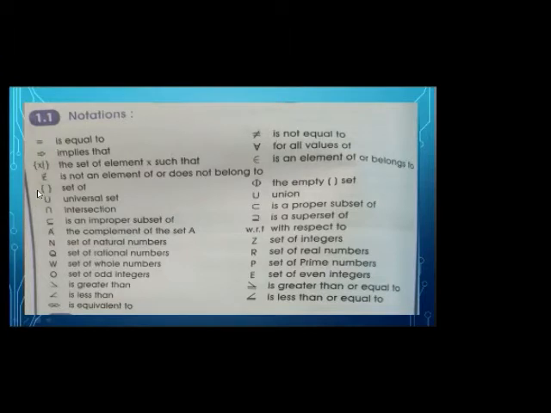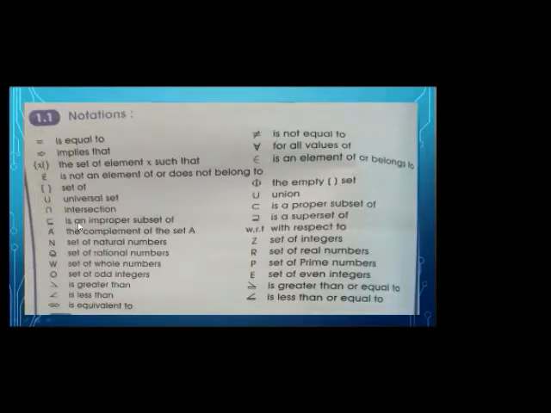Now the curly bracket gives the understanding of set of. So whenever you see curly brackets around elements, read it as set of. Then U is representing universal. And if U is given in inverted form, it is intersection. You know, universal is a set in which all types of elements under consideration are given. Intersection means the common elements between the two sets.